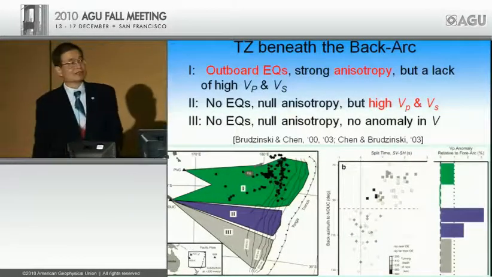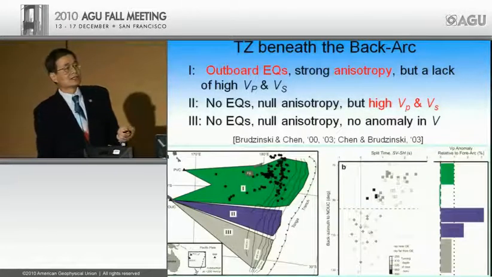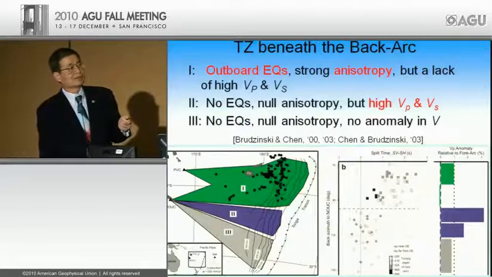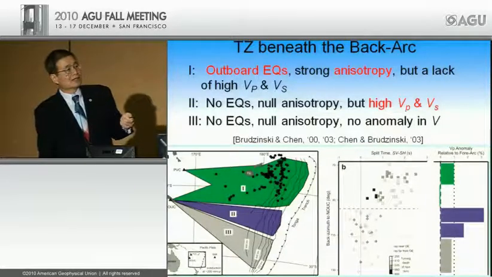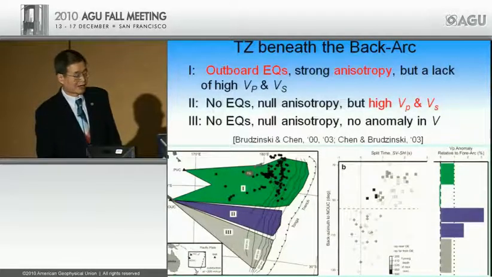If you look at the P and S wave speed, they show a very interesting pattern. Here I just show the result for P, but S wave basically does the same thing. In the region where you have outboard earthquakes, there is actually not much of an anomaly to speak of. It hovers between 0 and 1%. But immediately south of the outboard earthquake region, you have a very large anomaly, up to 3%. And the transition is very sharp. It's about 25 kilometers or so. Then this anomaly peters away as we go southward and eventually fades into the background.